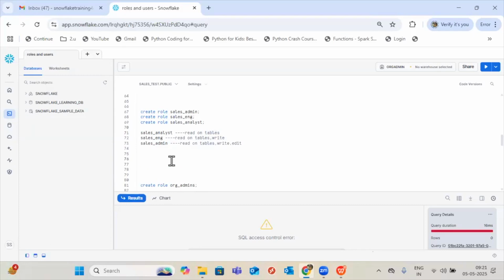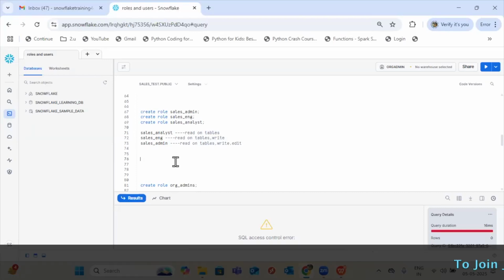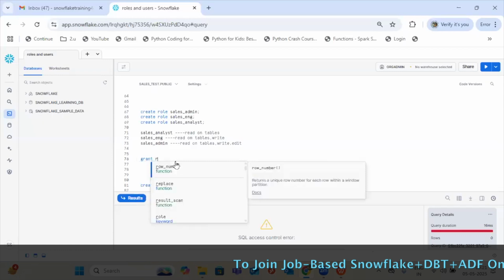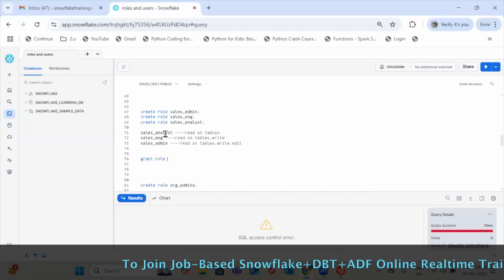Right? So now we are practicing 1 or 2 roles and I can execute the queries, but in real time, is it possible? We can recollect all this, what is the list of roles or privileges analyst has, and rework it manually. It is a tough job actually. So to avoid that issue, grant role,